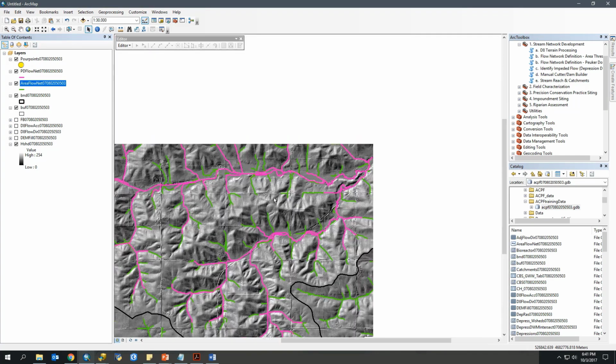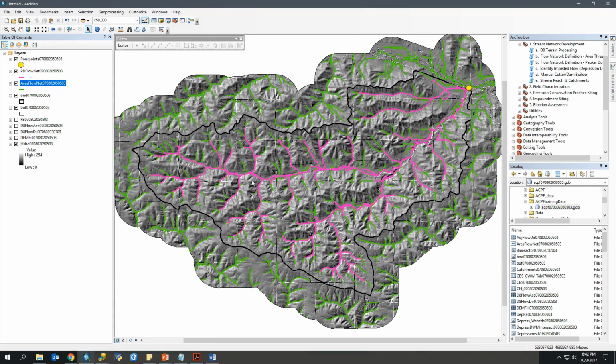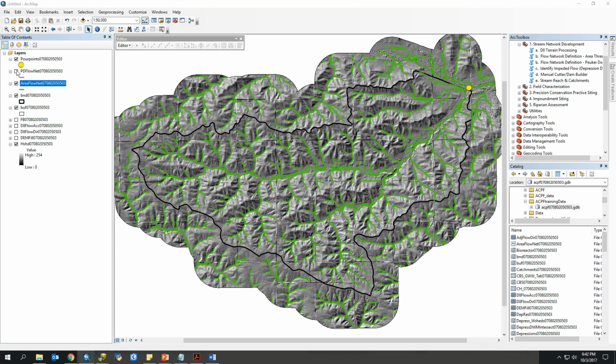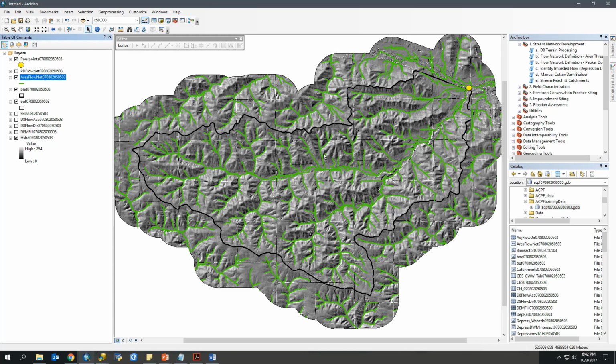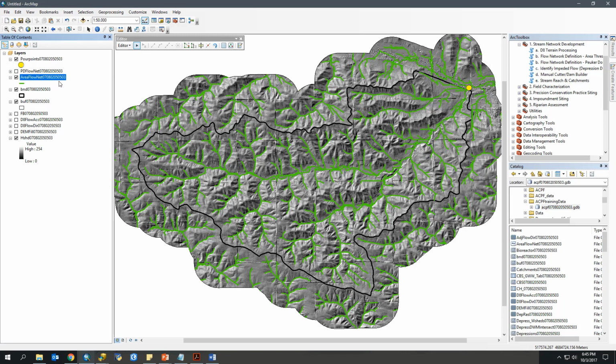If you would prefer to use your Pucher-Douglas flow network, that's perfectly fine. And if it turns out, if you are using it, that it does not extend up far enough, don't worry, we can append a section of stream from the area flow to the Pucher-Douglas later on, and I will show you how to do that later. So I'm just going to turn off my Pucher-Douglas since I'm not using it, and we can begin editing our area flow network. So to begin, we'll start an editing session. So I right click, go to Edit Features, and start editing my area flow network.